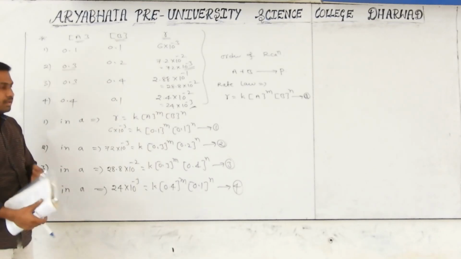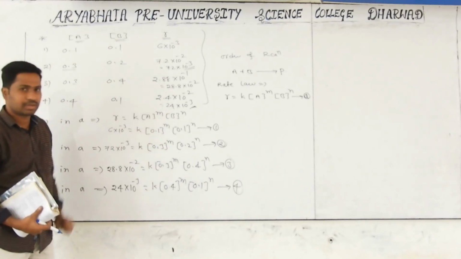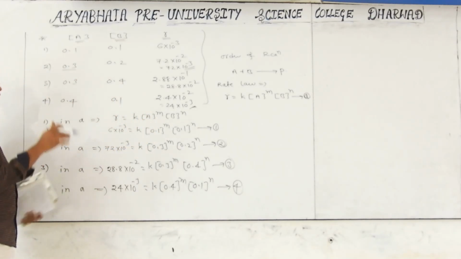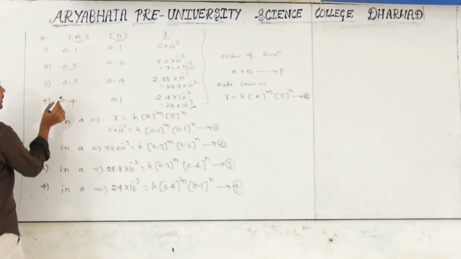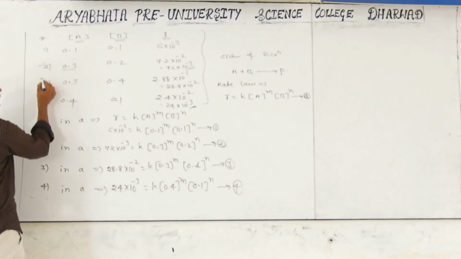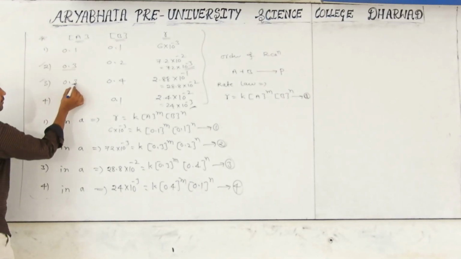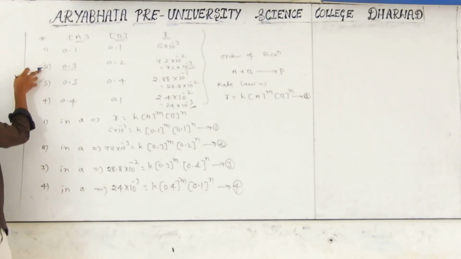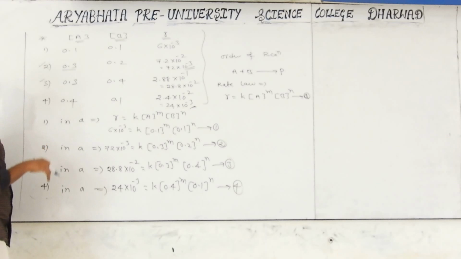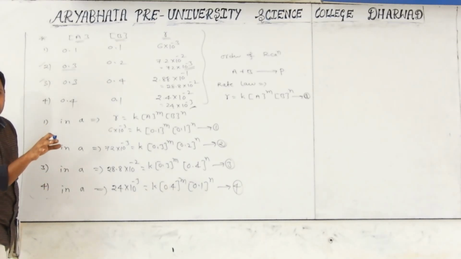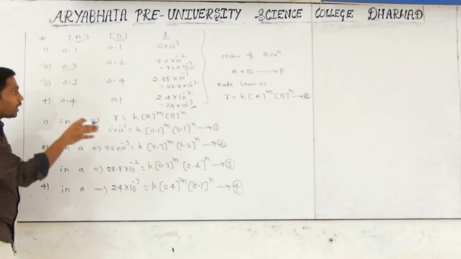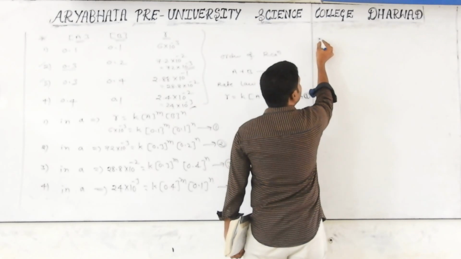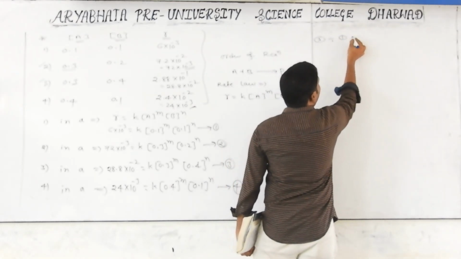Now what is our target? Finding the power values. While finding powers, we have to take one common thing, we have to observe very carefully. Okay, I am choosing these two equations, 2 and 3. I want to make equation number 3 divided by 2. While making equation number 3 divided by 2, concentration of A will be cancelled. Then the problem will be very easy. While taking the division, we have to choose one common number.